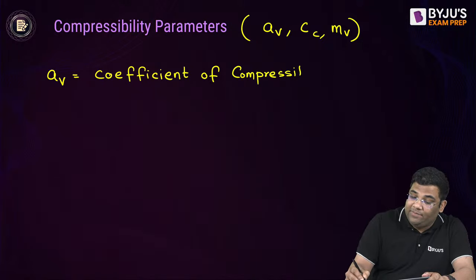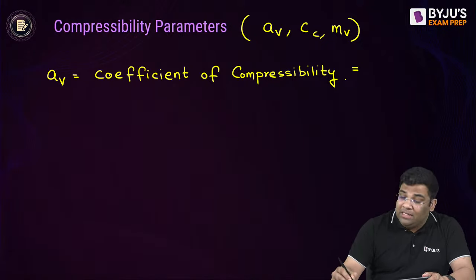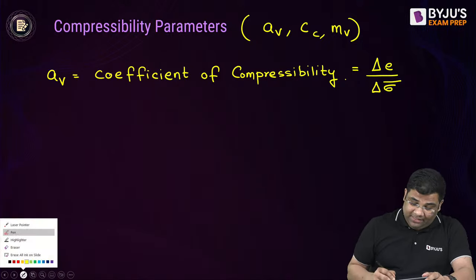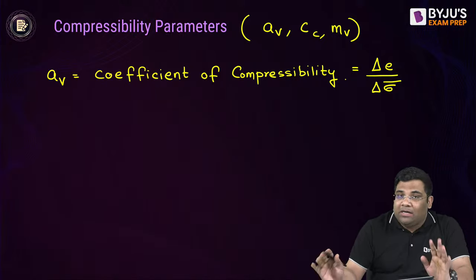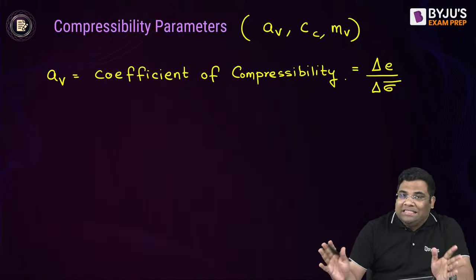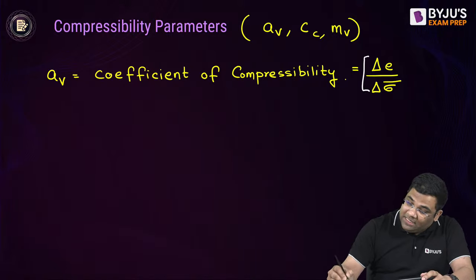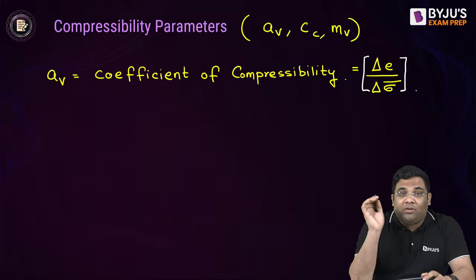They are directly asked in the examination. You should be knowing this. This is the coefficient of compressibility, and this is equal to the change in the void ratio by change in the effective stress. See, when you increase the effective stress, there will be consolidation, right? The expulsion of water from the pores, and there will be reduction in the void ratio, right? Because of reduction in volume. So this change in the void ratio by change in the effective stress is known as